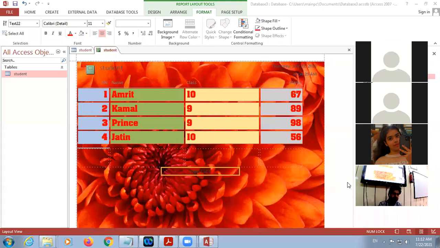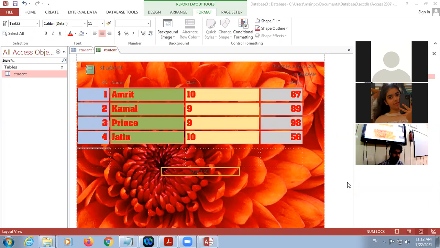Bhavika. Report is an effective way to organize and summarize data for viewing or filtering. So you can say it is a printable format of your data. And how can we get the printout? So look here.